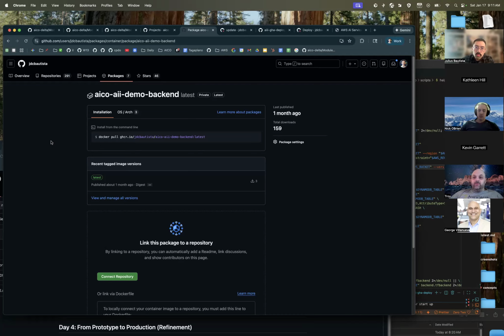Sure. For staging, I would say best practice is to get it as close as possible to production. That means having it live, having it persist rather than having it ephemeral. So you could have the ability to go into, let's say, a UI and interact with it the way that you would in production.